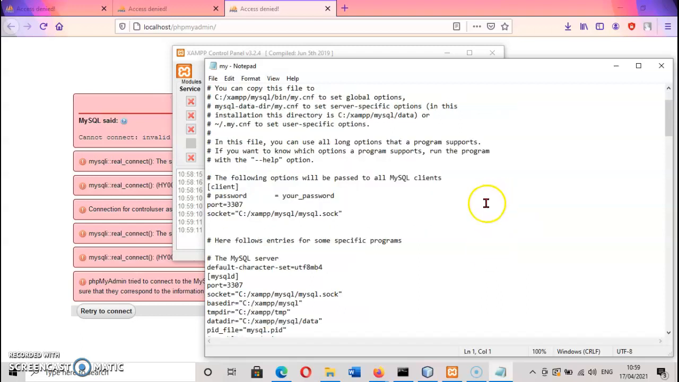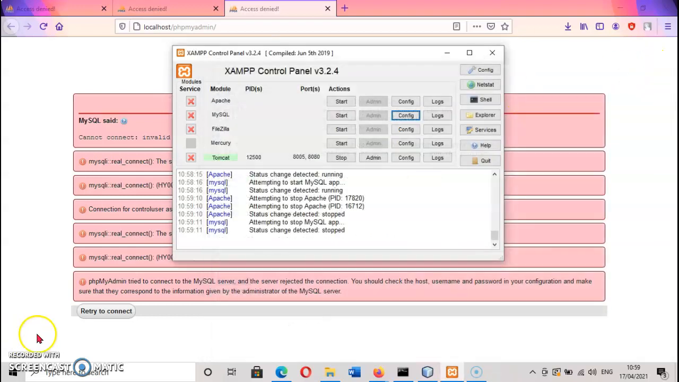In the my.ini you can find the number of the port that you use for MySQL. In here it says 3307. The port is 3307, and then we close, and then go to Apache config